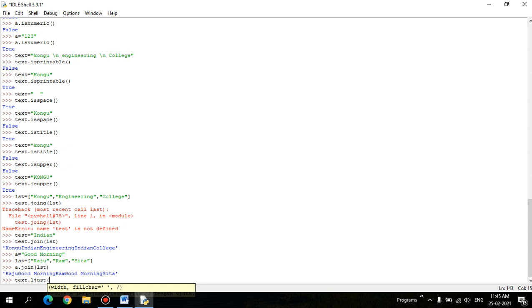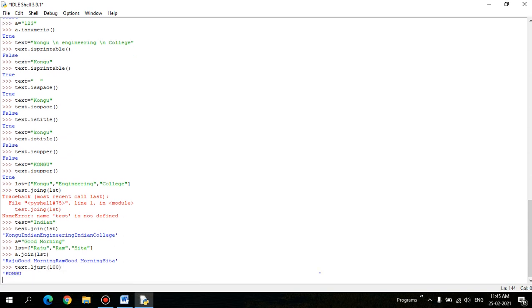Let's take 100 as the width. Since it is left justified, it has to be printed with some different format, so that we can test whether the justification is properly applied or not. So text dot ljust of 100, comma, something has to be printed here.